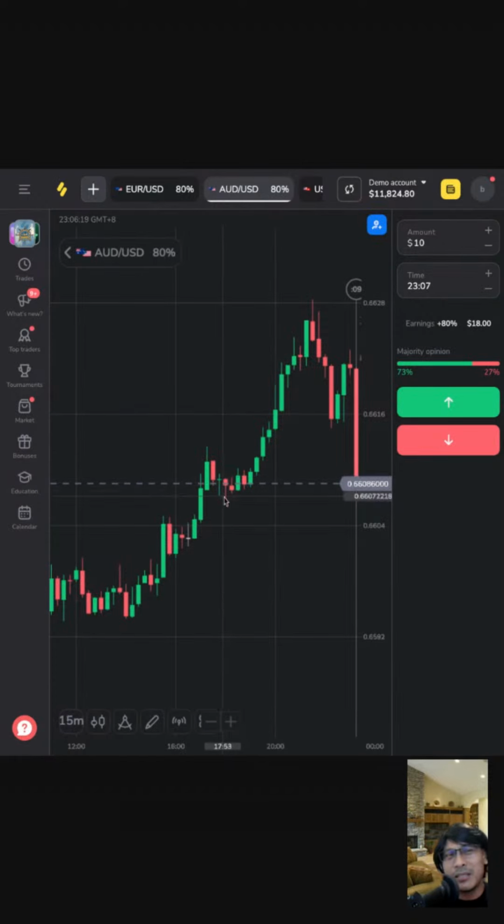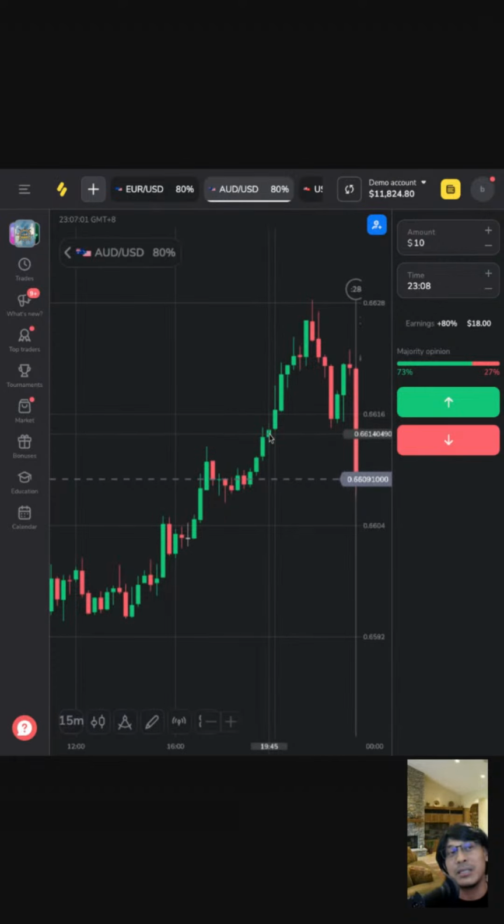Is it as soon as the pullback is cancelled? Is it as soon as you get a green candle after the pullback? When's the right time? The right time to open this second trade from the breakout is to look at the resistance after the breakout. So after the breakout, you have a new resistance level, which is right here at 6612. When the pullback happens, you're waiting to open the second trade. And when there is a candle that closes above 6612, which is the new resistance after the breakout, that's your signal to open the second trade,